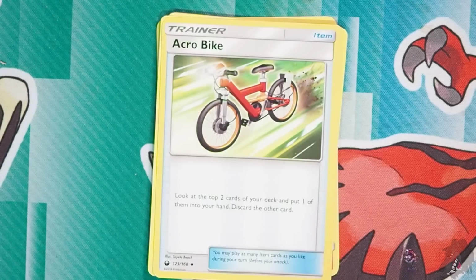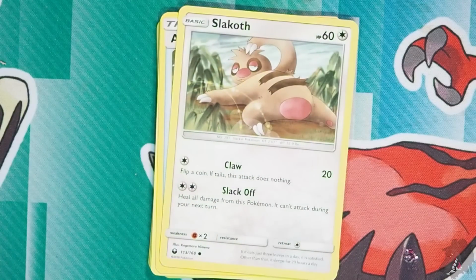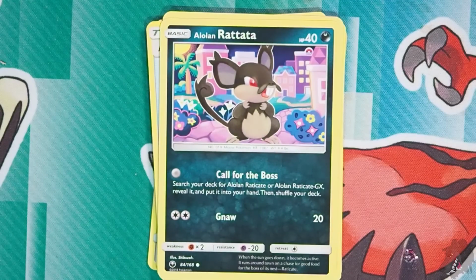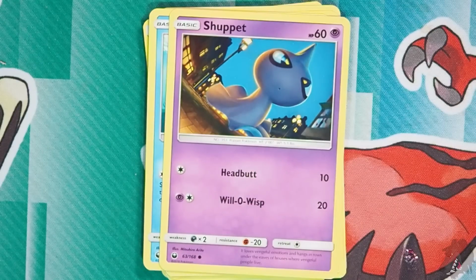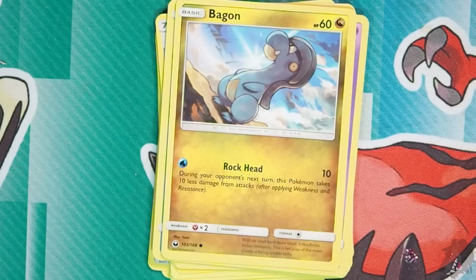We actually saw a couple of those cards in some of the packs we drew. Anyways, look at the pink bottom Slakoth there. That's a very attractive sight. Then we have an Alolan Rattata, a Mudkip, Shuppet, Bagon. That's an interesting Bagon. Then again, it's a Dragon card, so they tend to have some very unique energy requirements,